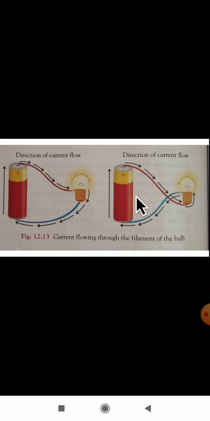Or else you can even connect in this manner also. Positive you connect to the base terminal, and negative you connect to the holder, just vice versa. First I connected positive to the holder part, and negative to the base; now negative is connected to the holder part. In this type also it is possible, the bulb will glow. When you make correct connections, then only the bulb will glow.